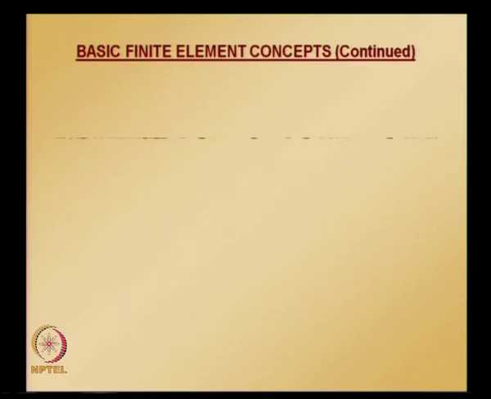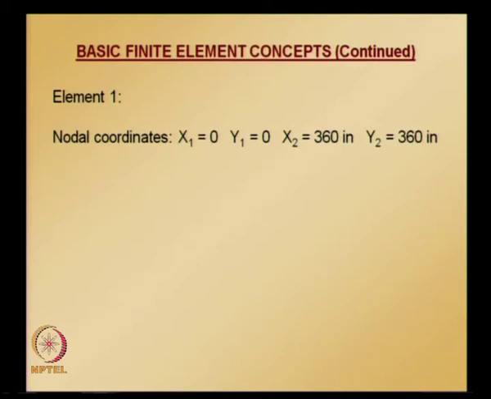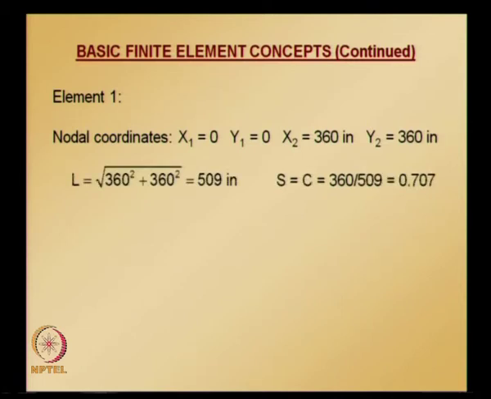So, substituting numerical values into the element equation that we derived, and noting the global nodal coordinates, we can calculate the length and also the direction cosines. Since there is no distributed load on element 1, we do not need to assemble the load vector for element 1. Also, at the end, when we are calculating the element quantities, we do not need to apply any fixed end solution correction for element 1.